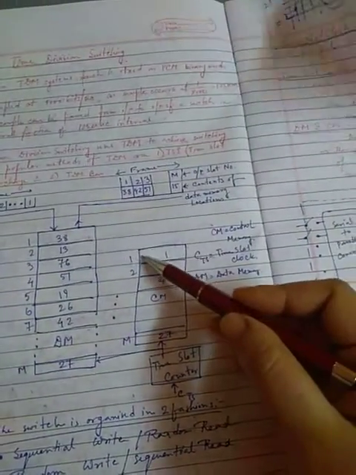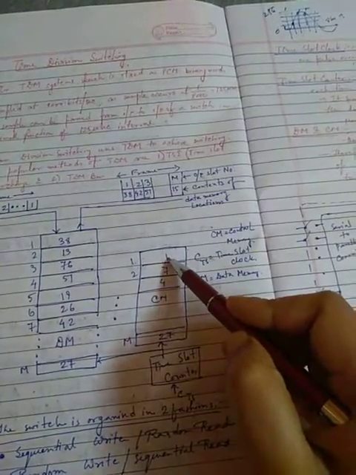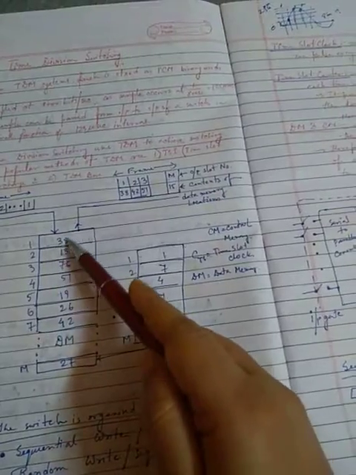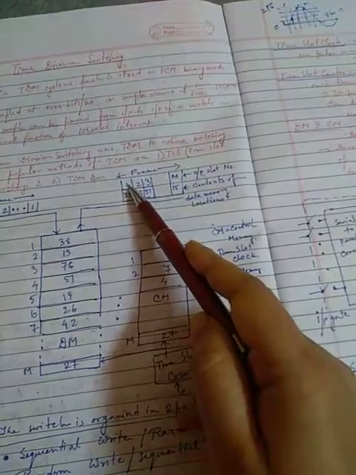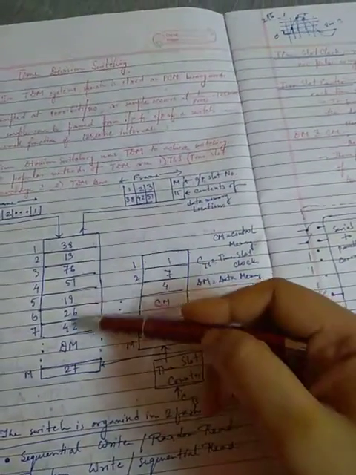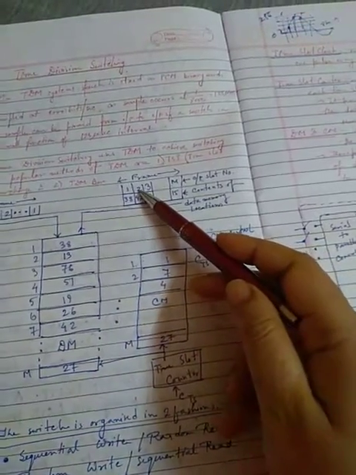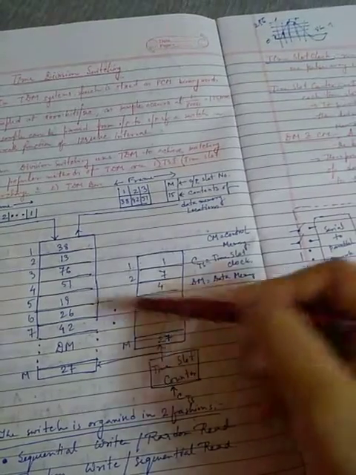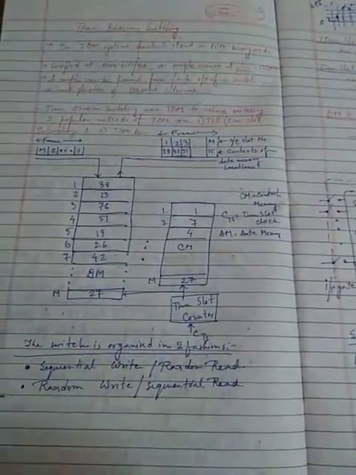So similarly, you can follow the example. 1 has given the content as 1. So I will look into the address of the data memory 1. What is the content? It is 38. So at the output frame, at that first frame, it is written 38. Similarly, 2, it is 7. So at the 7th position is 42. That is why 42 is written under 2. 3 is 4. So 4 is 51. So 3 is 51. Like that it goes. So that is how time slot interchange has happened.